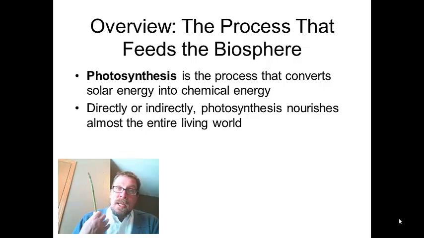Okay? Me, I'm going to eat this. I'm going to enjoy this. It's going to be very tasty, but I cannot produce my own food. I'm a heterotroph. So that's the indirect portion: directly or indirectly, I eat this or I eat things that eat these things, and that's how I get my nourishment.